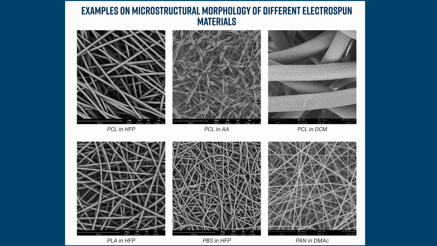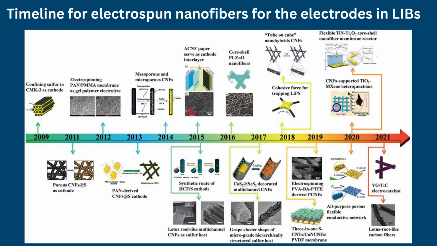In filtration, electrospun membranes provide superior efficiency in capturing fine particles due to their small fiber diameters and interconnected pore structures. In the energy sector, electrospun materials have been utilized in batteries, supercapacitors, and fuel cells, where their high surface